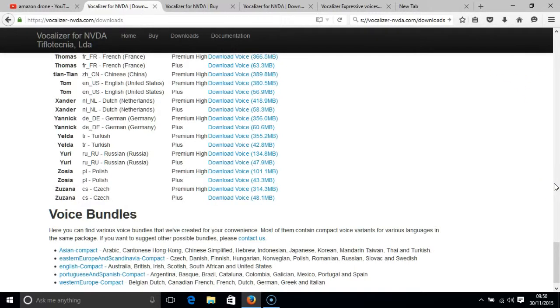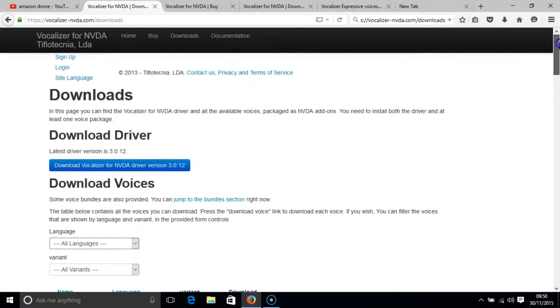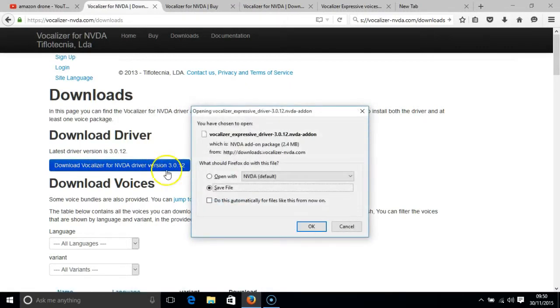Step 2 is to download a small piece of software which enables the voices to work in NVDA. Now at the top of the download page, you've got a section in blue, and it says download driver. This is a very small but necessary piece of software which will only take a minute to download on most broadband connections. So if you click on there and then save it,